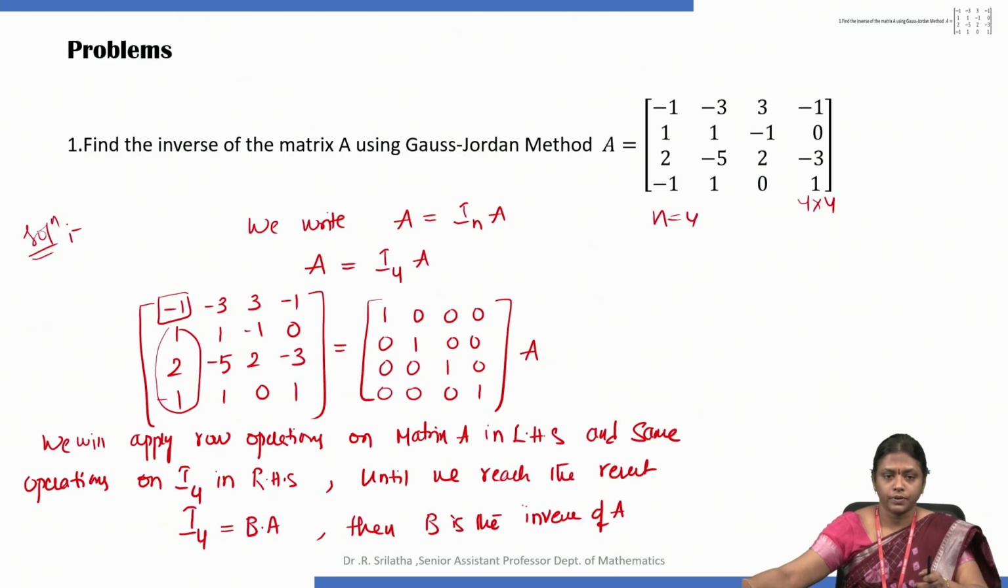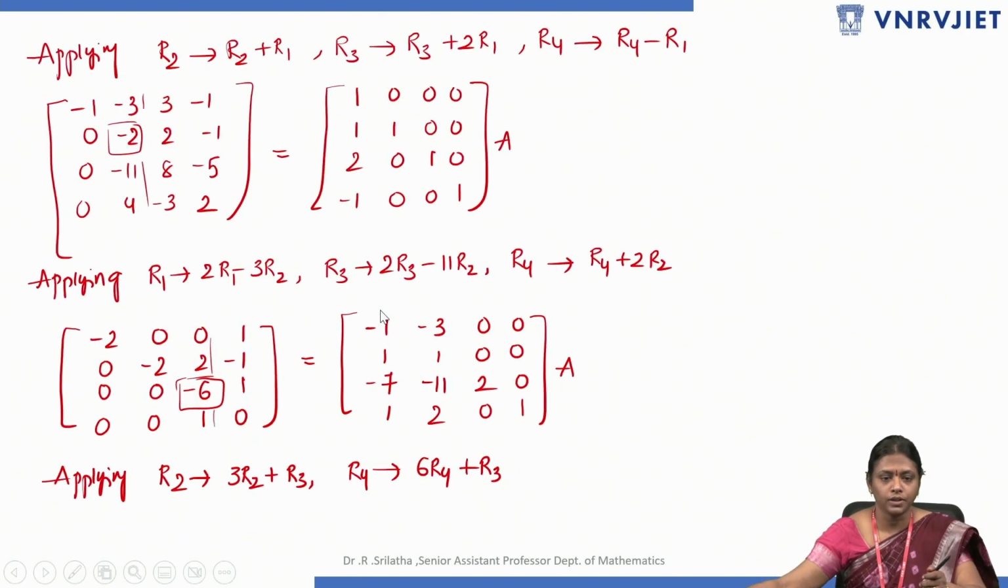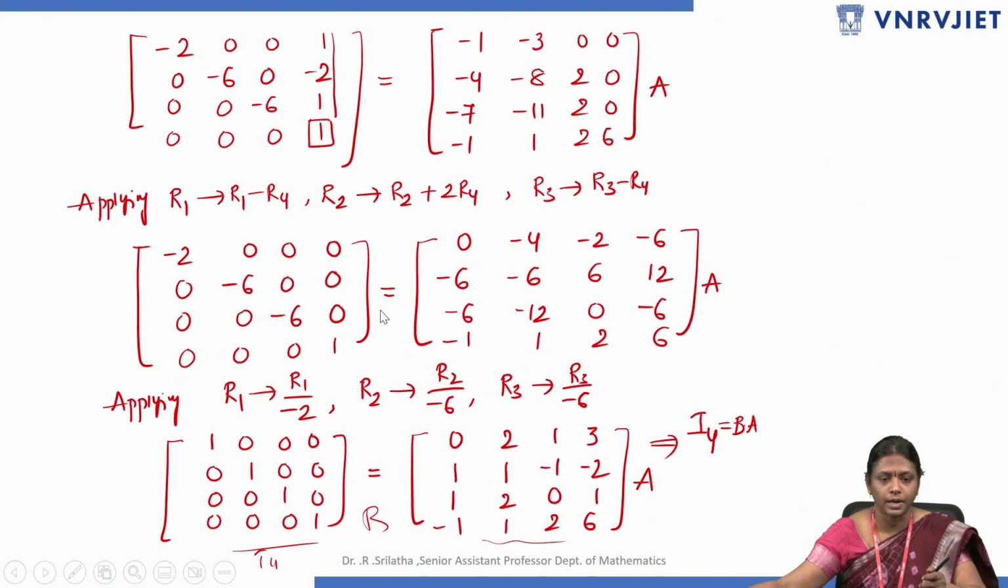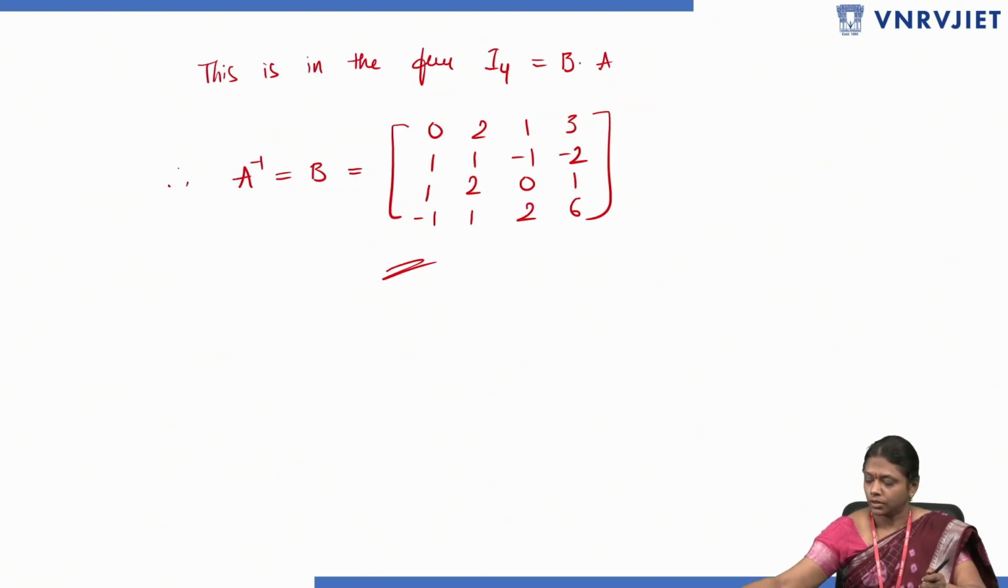So what are the steps we followed here to convert the given matrix? First we wrote the given equation in the form A equals identity matrix of order 4 multiplied with A. Whatever row operations we implement on the left-hand side, the same operations are implemented on the identity matrix on the right-hand side. So by following the step-by-step procedure, we converted the whole LHS matrix into the identity